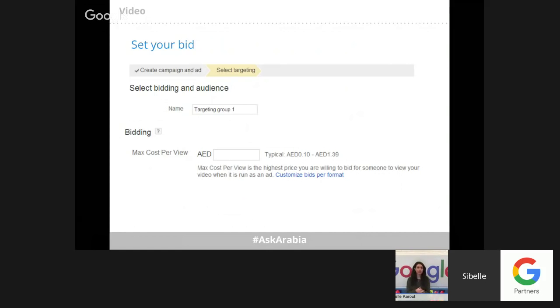Another targeting method could be topics. For instance, let's say you know that users that look at videos about fashion are more likely to be interested in your product. So you target all the videos that communicate fashion, and that is topic targeting. So you have one ad group for topic targeting.